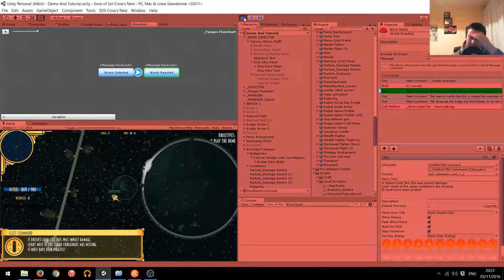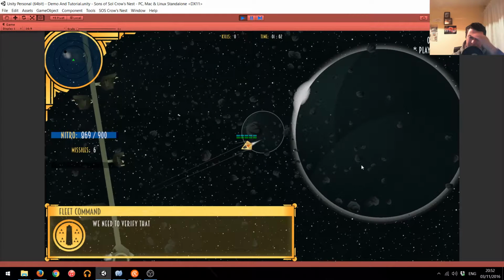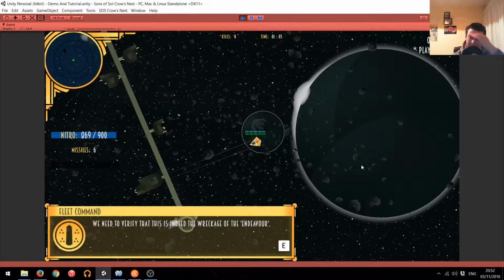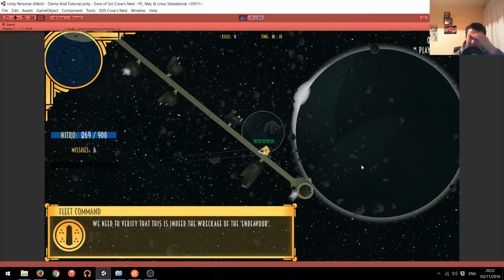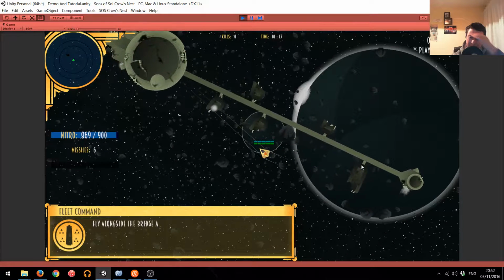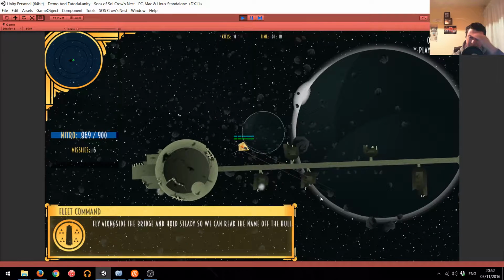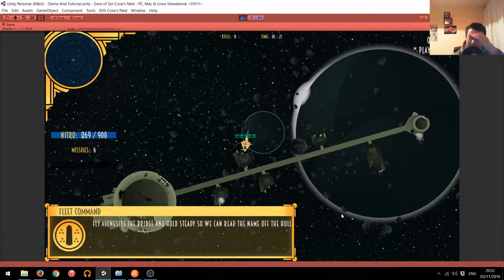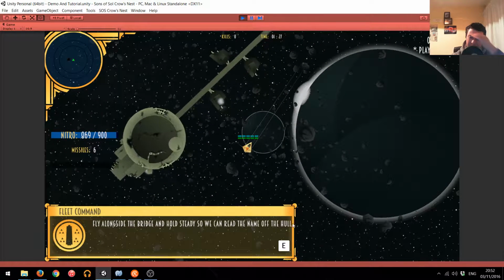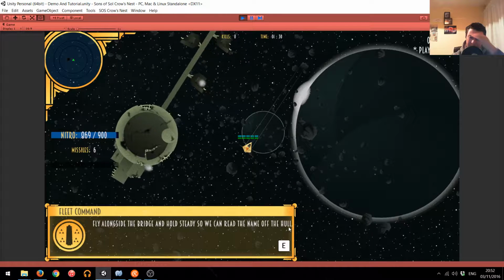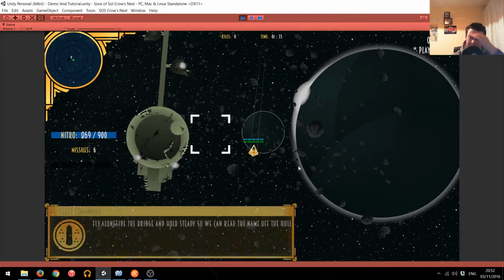Most of the cargo containers are missing. It must have been pirates. Actually, I'm going to maximize this. You probably can't read on stream. I can barely read. Yeah, in the small window. We need to verify that this is indeed the wreckage of the Endeavour. Fly alongside the bridge and hold steady so we can read the name off the hull. That text got a bit close to the end there, but I don't know. It's okay. Well, it's actually the full stop is on that. I'm going to try and make that sentence just a couple of characters longer just to push it and see what happens, but okay. Once I press E,